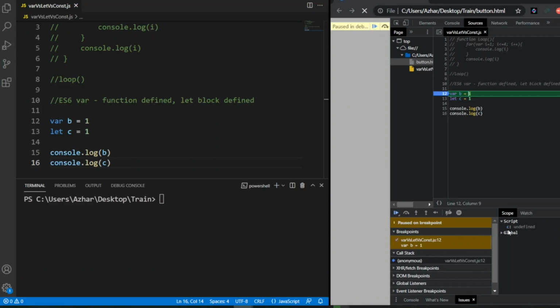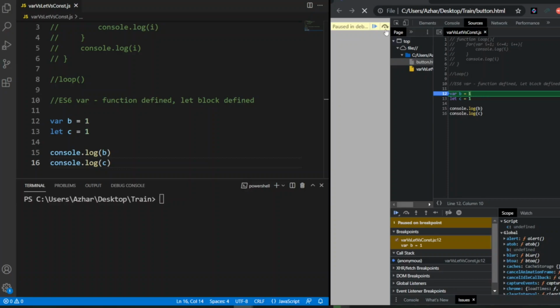So you can see here in script, C was declared. C is now in the script, and the global variable, let's see in the window. Let's see in the window, we have B as undefined. So you can clearly see var is declared in B, var is declared in the global. In the script we have C. So let us run it step by step, right?